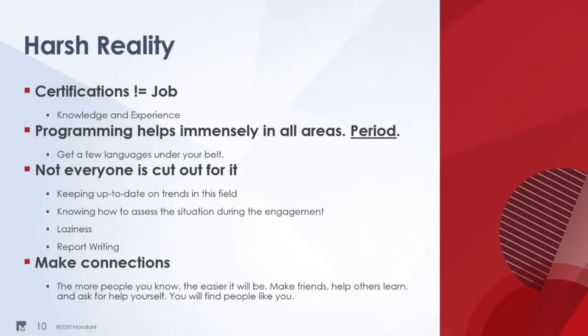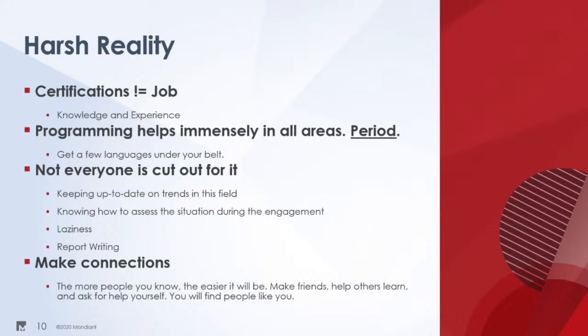You're not going to be able to excel or progressively grow in the field if you just get into this rut of just run tool, generate report, run tool, generate report. That's not at all what this field is about. And so getting that out of your head now will definitely help.